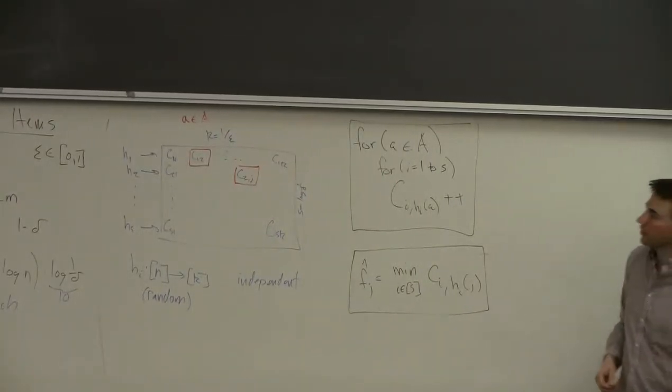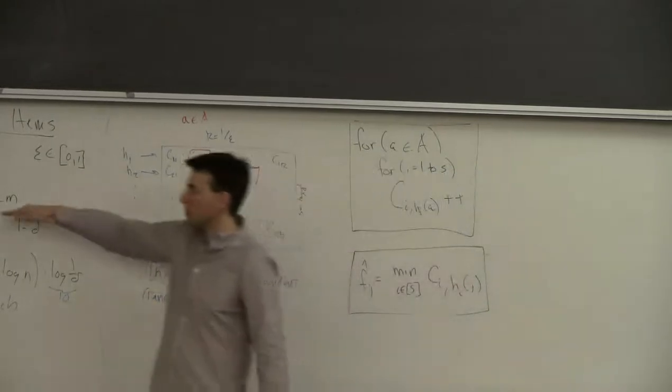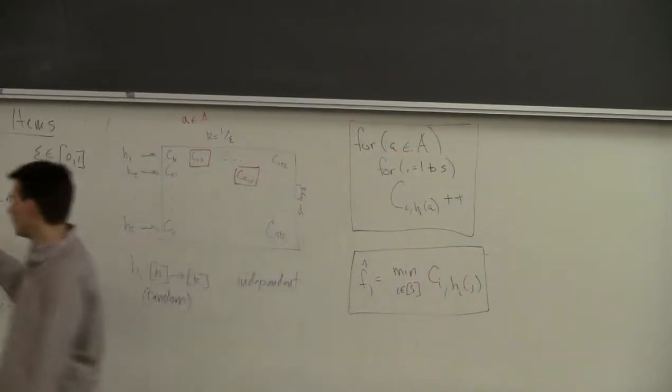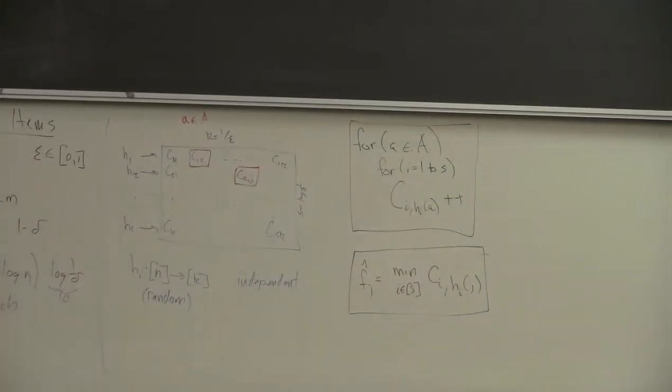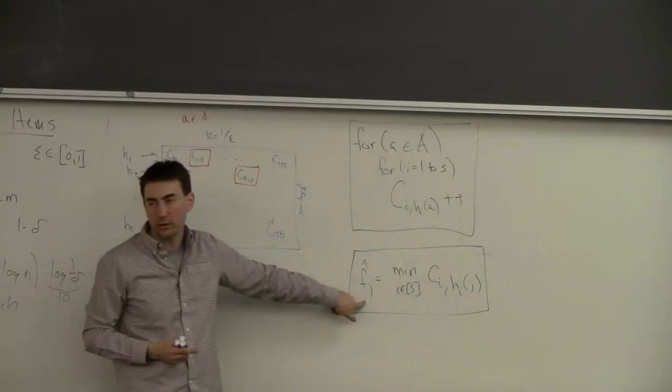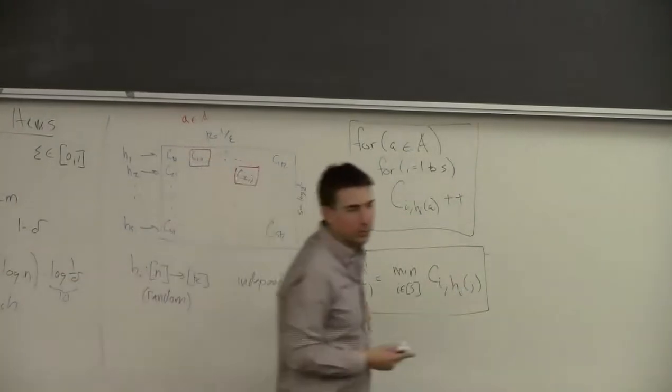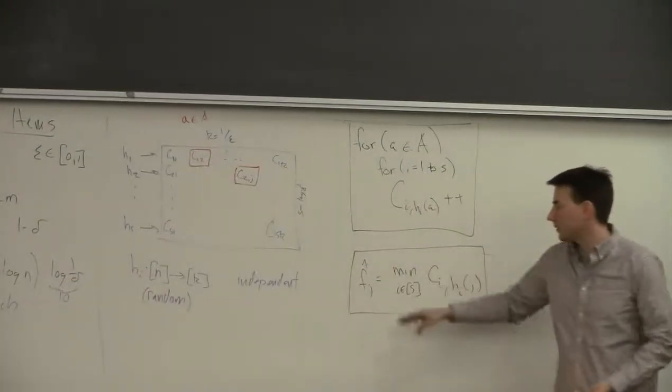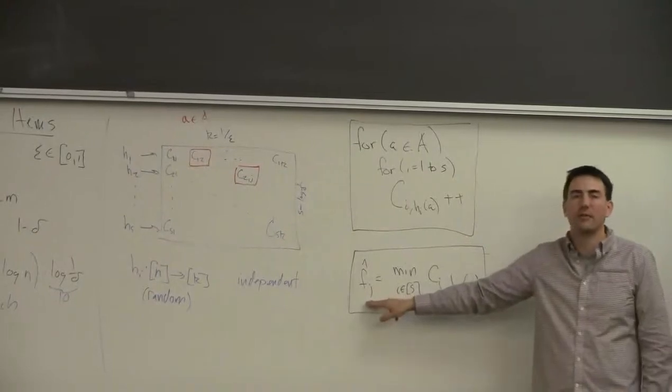Okay, so let's look at this bound first, and let's see why this left side works first. This left side has nothing to do with epsilon, so this should be easy. My claim is that I never give an undercount. I never give a value which is too small. Why is that true? Why is this fj hat never too small?